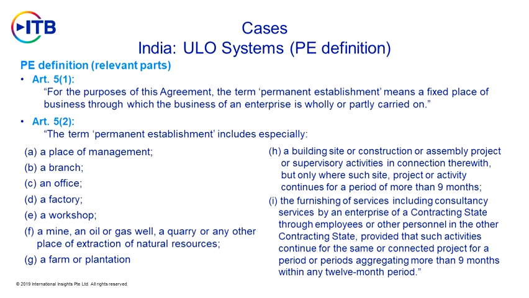Let me make a few introductory comments about Article 5.2. Paragraphs A through F are identical to the corresponding provision in the OECD and UN model treaties. As you know, there's a statement in the OECD and UN commentaries that Article 5.2 contains a list of examples of situations which might constitute a PE, but they would do so only if the conditions in Article 5.1 are satisfied. In other words, Article 5.2 in the two model treaties has no operation apart from assisting with the interpretation